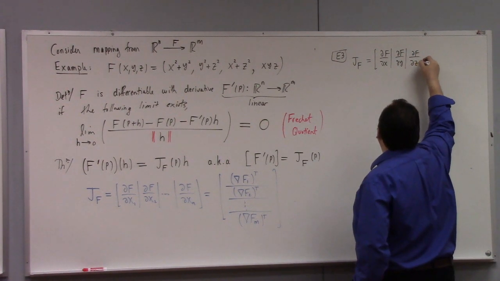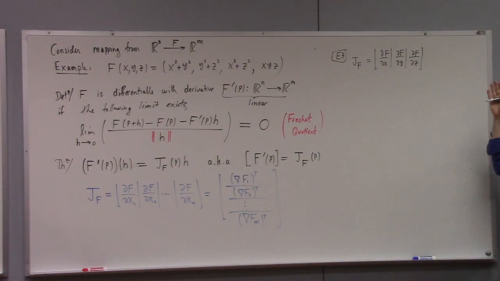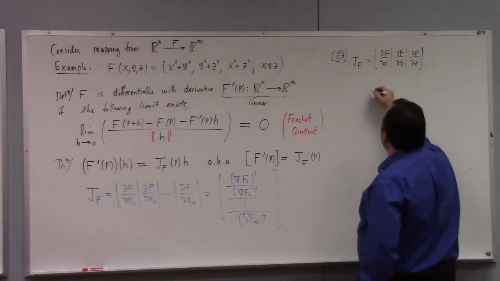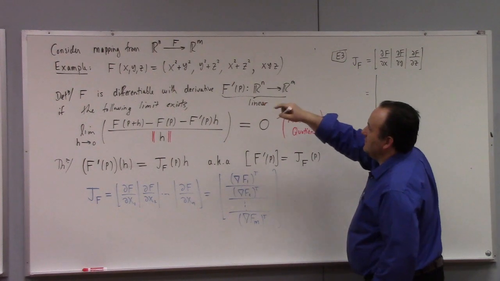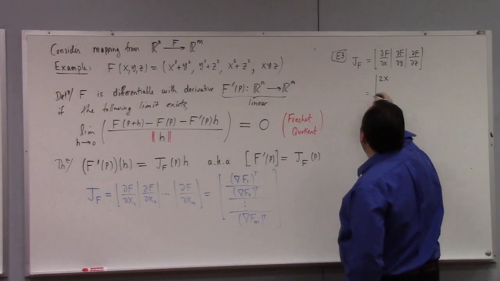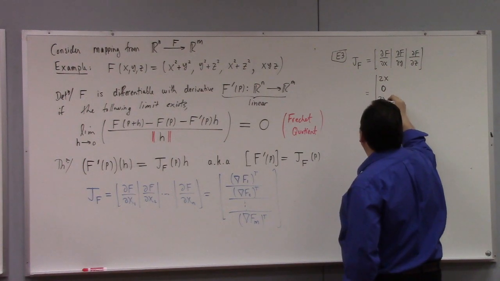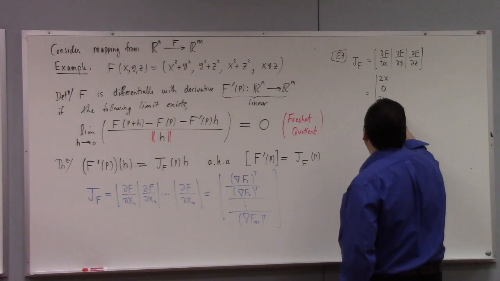I've only got 3 input variables, so I get 3 columns in my Jacobian matrix, right? And then, let's see here. So the x derivative gives me 2x, 0, 2x, and yz. I'll let you guys tell me the second column